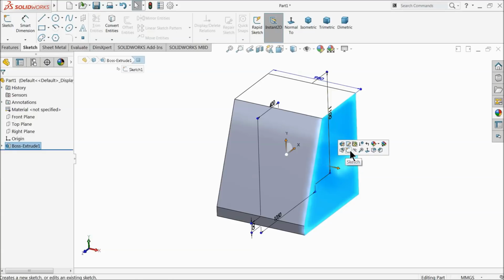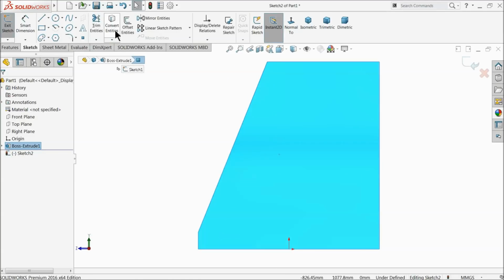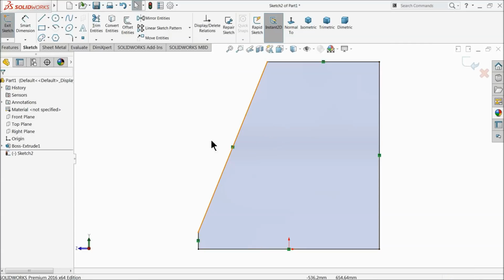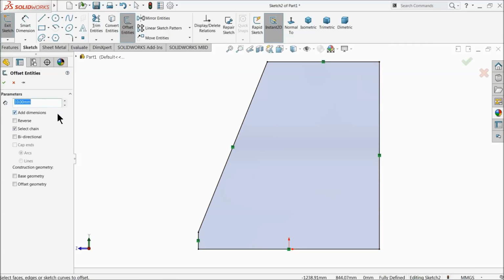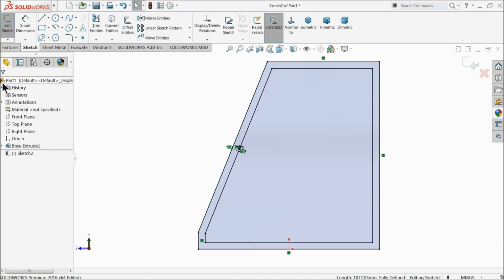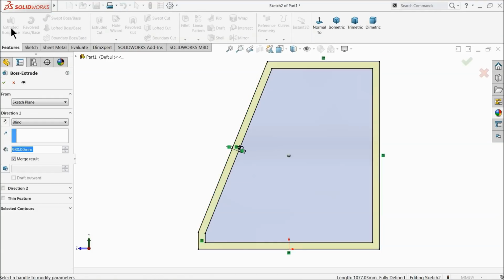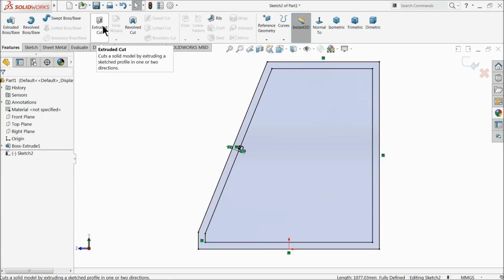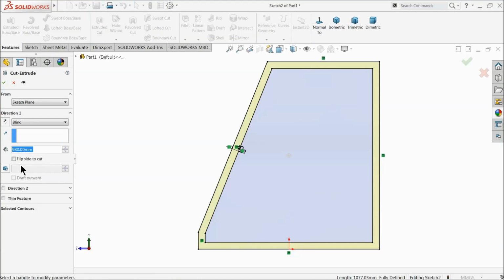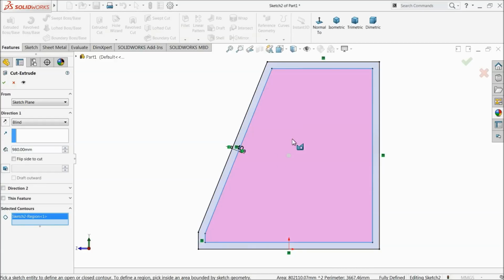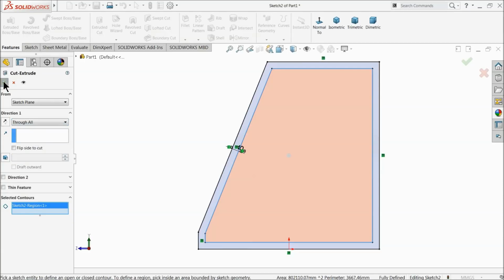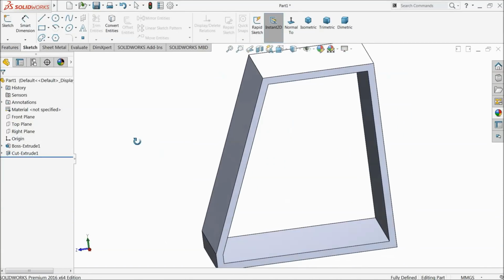Now select this face, sketch, normal, convert entity. Now this is converted. Choose offset, 40 millimeter, and select this line. Keep reverse direction. Okay, now select extruded cut. Select this portion, we want to cut it. Keep the end condition through all. Okay, now see,